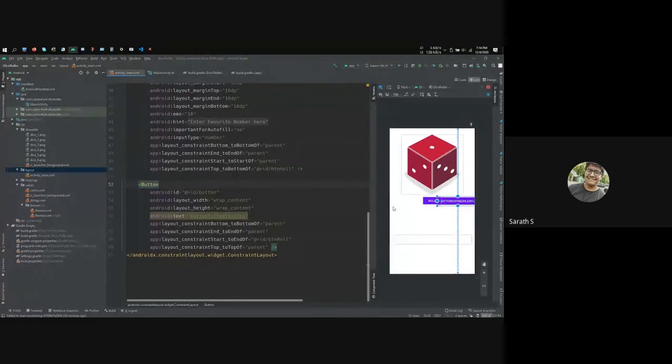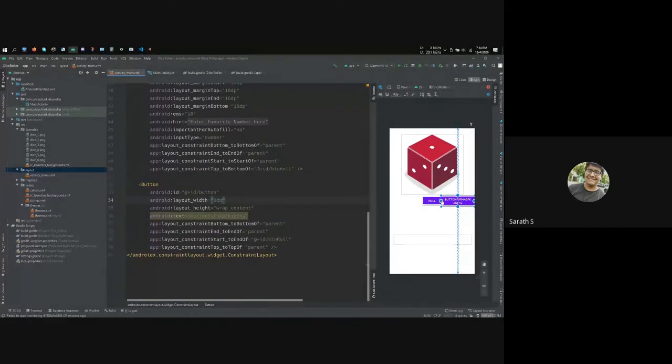So if I were not to do this, the default value for layout width is usually wrap content, and there's another thing called match parent as well. What match parent does is it takes the whole width of the screen or the whole height of the screen. You don't usually want this. So what you do in constraint layout is you give it 0. When you give it 0, it calculates the width between the constraints you gave.